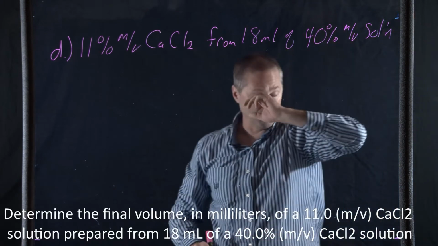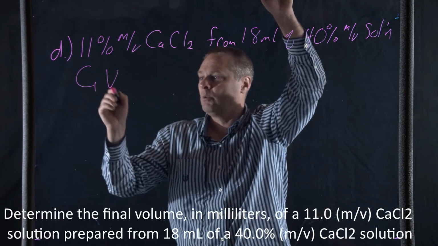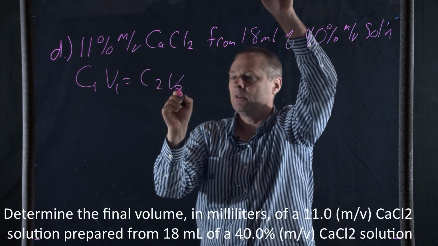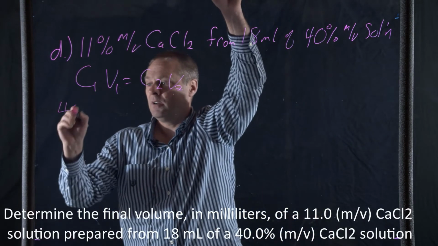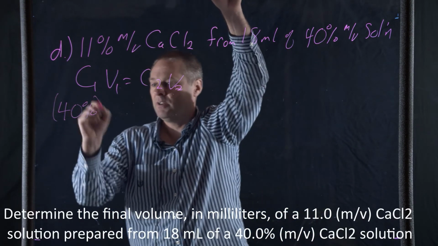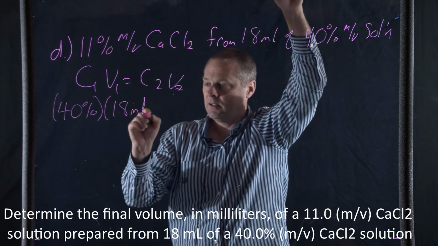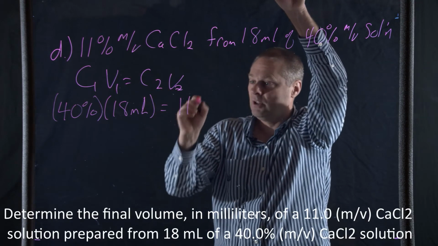Sorry, I ran out of room there. We're going to use yet once again our favorite equation, the dilution equation, C1V1 is equal to C2V2. And we're just going to fill this stuff in. C1 is going to be 40%. Our volume of that is going to be 18 milliliters, is equal to now the concentration of the dilution